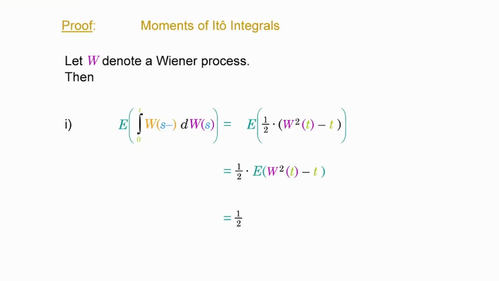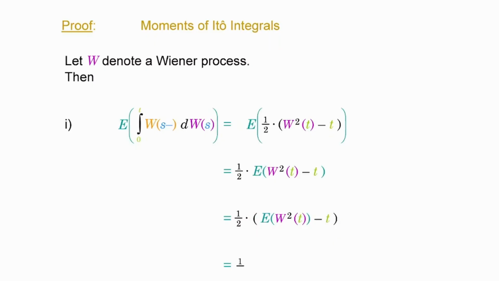So then you have 1/2 times, but in parentheses, of course, because you need to have it in total, the expectation of the square of the Wiener process, which is going to be its variance, by the way, minus t. So you can take out t from the expectation operator, which I did. It's a constant, it's not random. But you have to have those parentheses here, otherwise it would not be consistent.